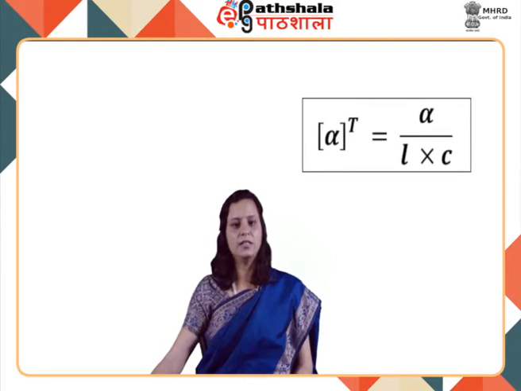When a sample with a path length of L decimeter and concentration of 1 gram per milliliter is placed in the path of plane polarized light, the observed angle of optical rotation alpha is known as the specific rotation of an enantiomer and can be calculated using the equation [alpha]_T^lambda equals alpha divided by L times C, where alpha is the observed angle of rotation in degrees, L is the path length in decimeters, and C is the concentration of the enantiomer in gram per liter